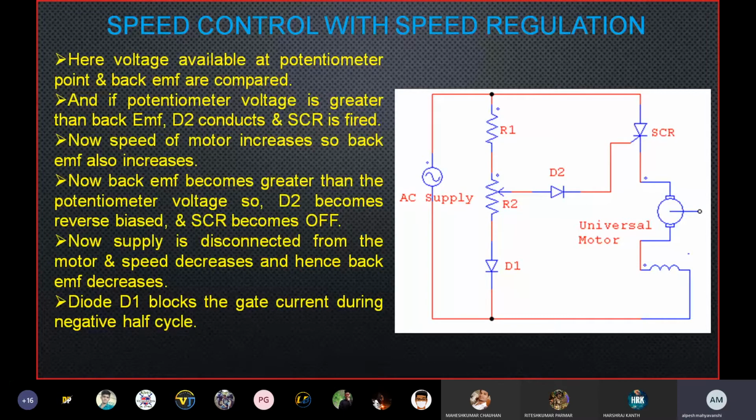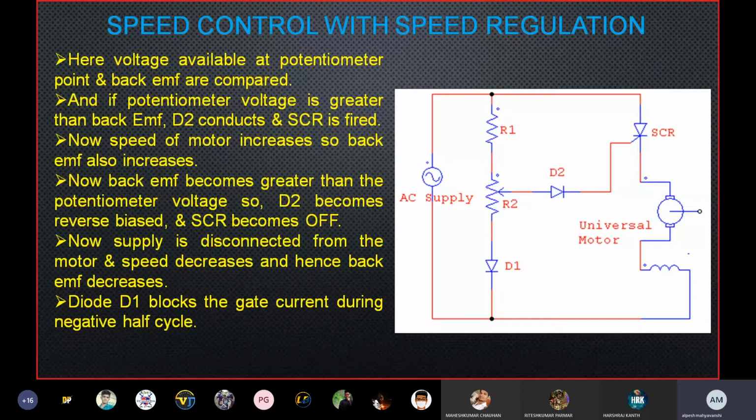So in this manner the speed is sensed in the manner of back EMF, and then the speed control is done with the speed regulation. As the load changes the speed will change, and according to that the supply voltage is given to the motor through the SCR, and this SCR becomes turned on and off through this diode D2. So this is the speed control of universal motor with speed regulation, that is the closed loop speed control